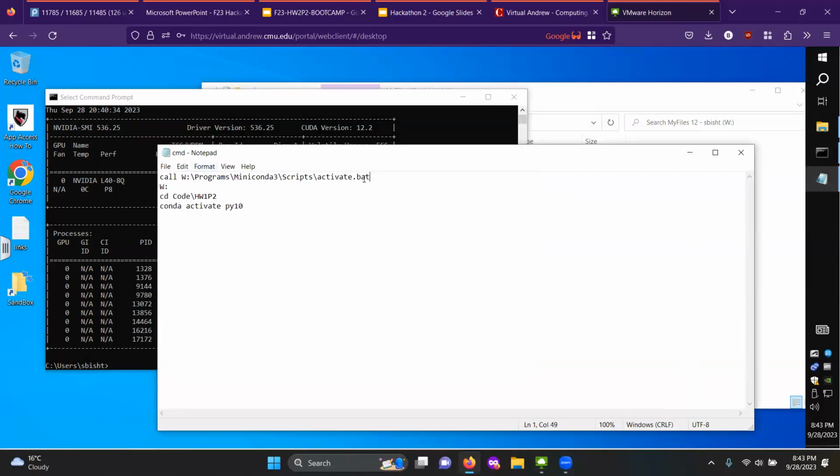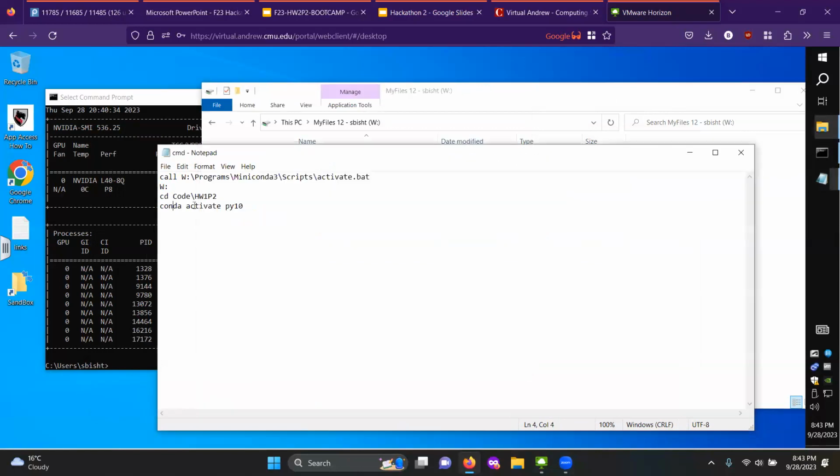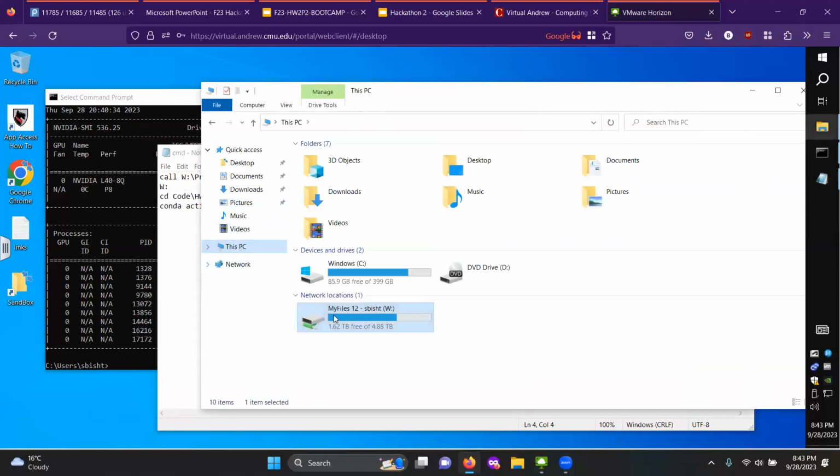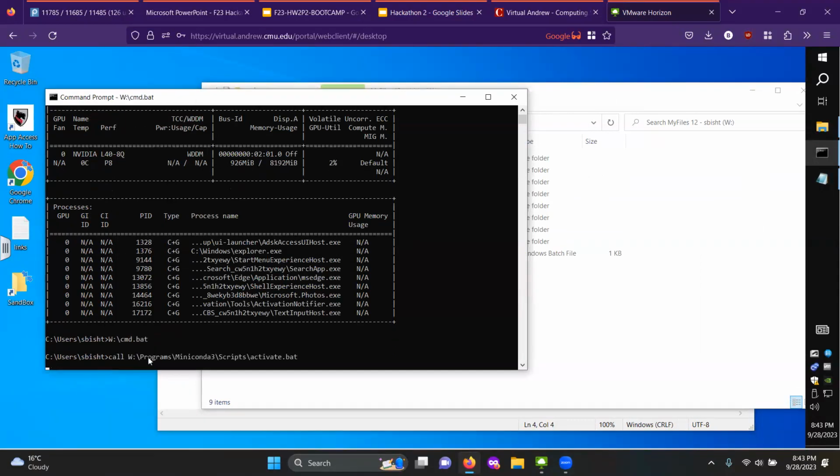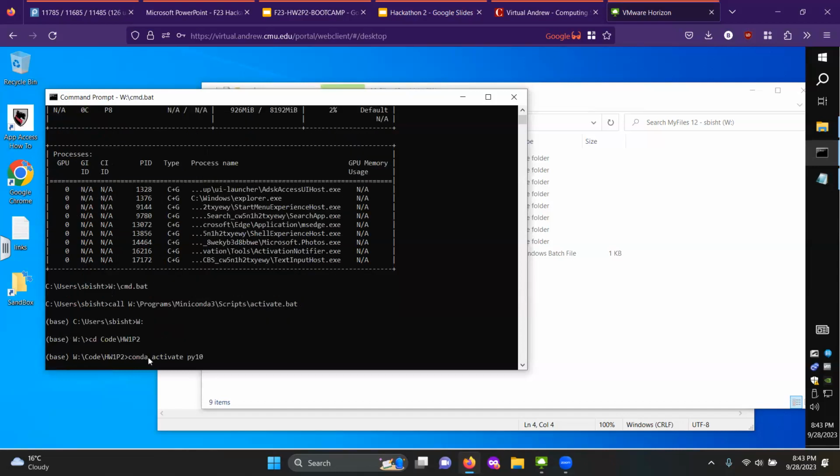The first thing we do is we call the bat file of Conda. Wherever you install Conda, go to scripts, and there is a file called activate.bat. You just call that file, and then you can change to the W directory and go to wherever you have your homework code, and activate your environment. I saved this bat file in W itself. So whenever I open a new command prompt, I'll just run this bat file, and the script will run and everything will be sorted,